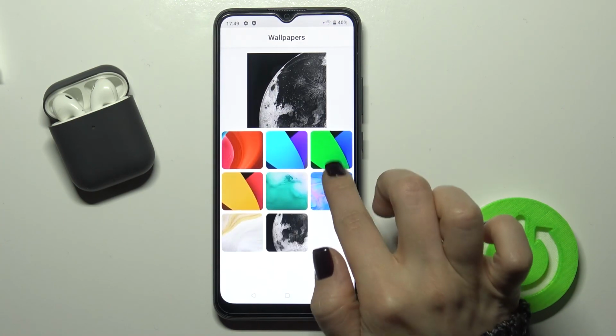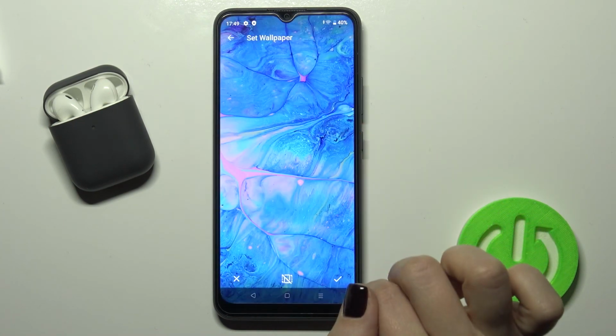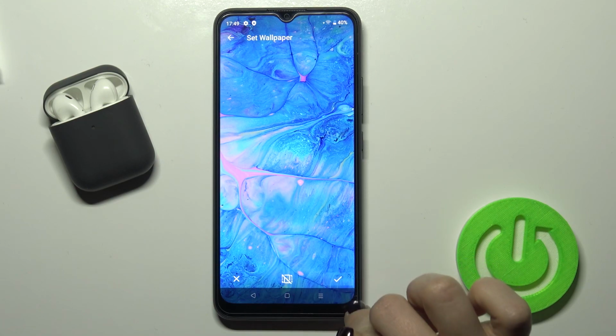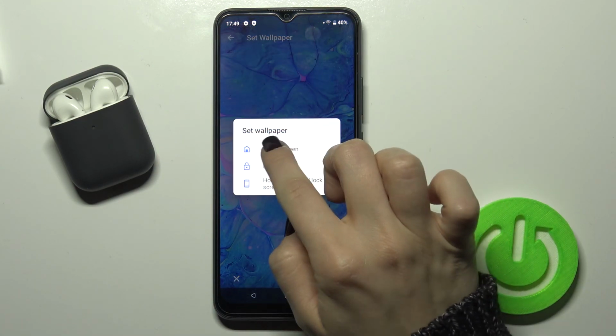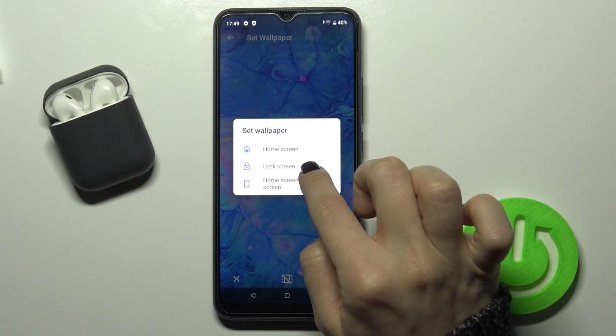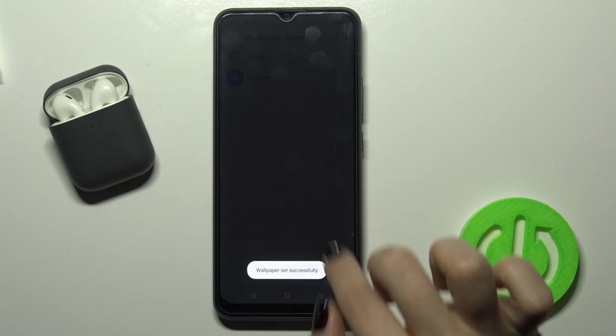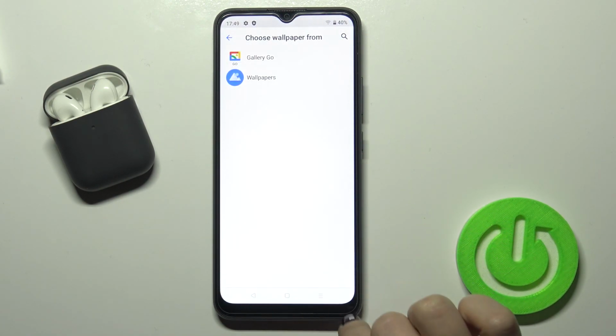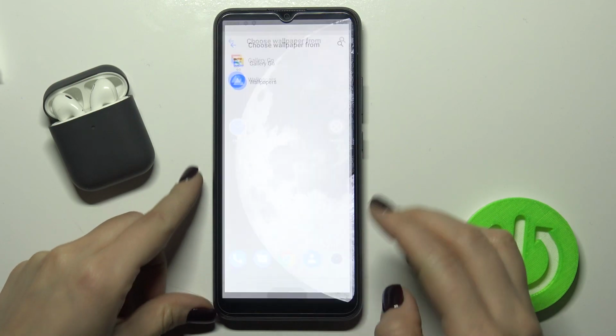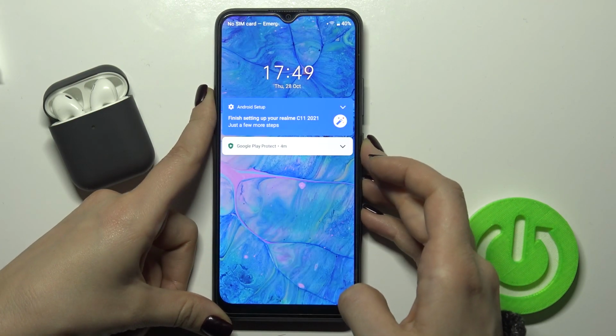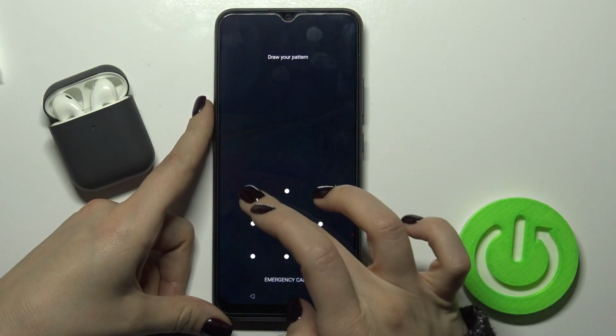So for example I will go with this one, just tap on that, tap hello, and here we'll choose the lock screen. So you see that our wallpapers were successfully changed, and now we will check that. So yes, right, as you can see,